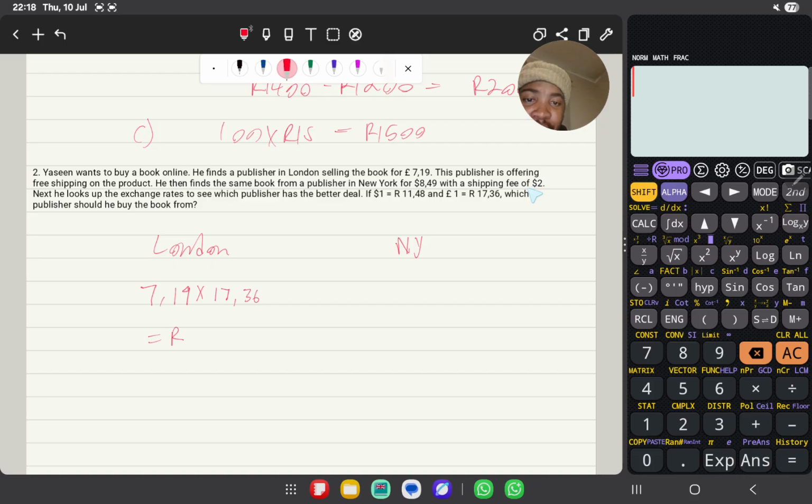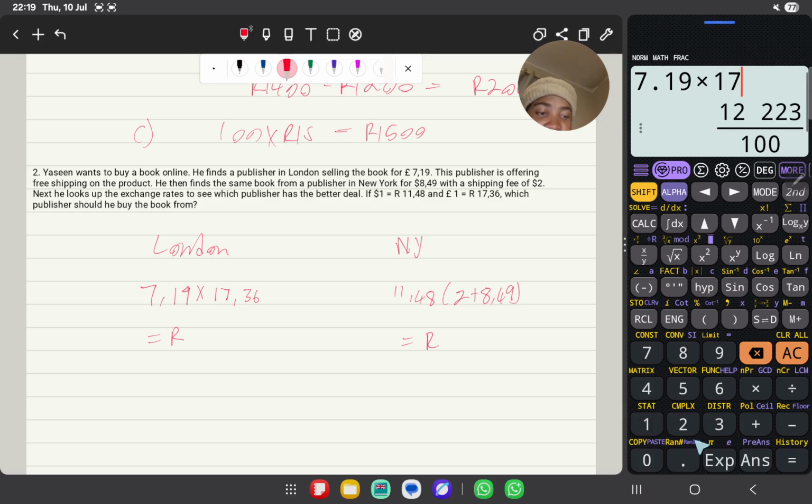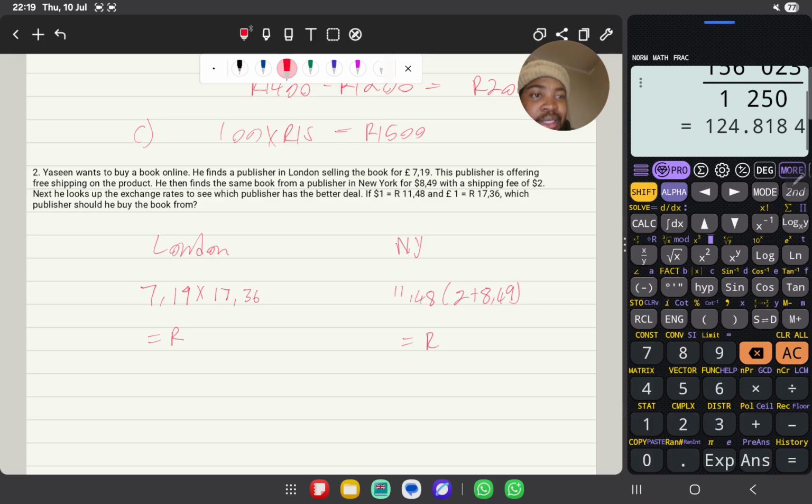And then here we have $2, so we can say 11.49 multiplied by 2 plus 8.49, and we're going to get how many rands that is. So that is 7.19 times 17.36, it will be costing you